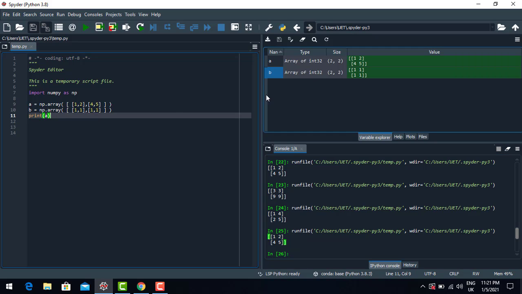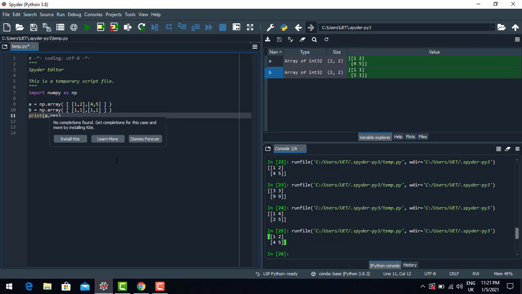Say for example, I want to place all the elements of matrix A into one single column. So how can I do that? There are 4 elements. I will use the command reshape, a dot reshape, and I want all the elements to be shifted to an array with 4 rows and 1 column.